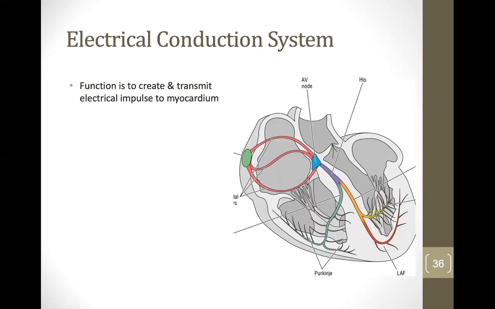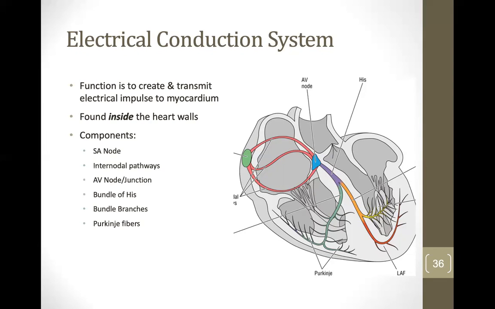So, the function is to be able to create and transmit an electrical impulse to the muscles of the heart, the myocardium. So when we look at neurophysiology, we have an electrical impulse that can ultimately lead to a muscle contraction. The same thing is happening within our heart, a little bit differently, though, in that it's actually originating from the heart itself instead of originating from the brain. So it's actually found inside of the heart walls, and the different components of the electrical conduction system are, we have the pacemaker that sets everything in motion, which is the sinoatrial node, also known as